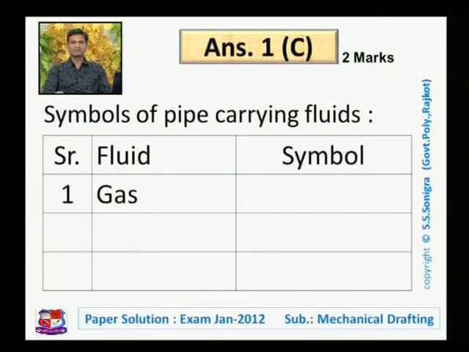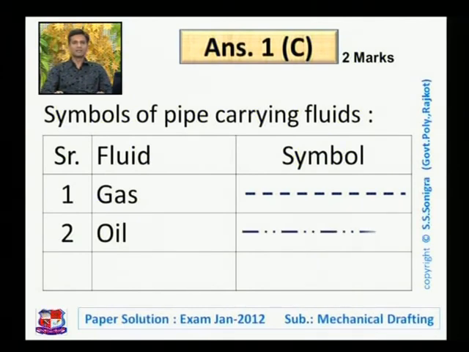Number 1 is gas. If the pipe is carrying gas as a fluid, its symbol is represented by this line, a dashed line. Second, oil. If the oil passes through the pipe, it is represented by this type of line: a long dash and 2 small dashes, long dash, 2 small dashes, and so on. And number 3, refrigerant,